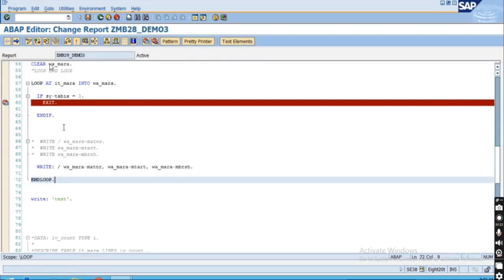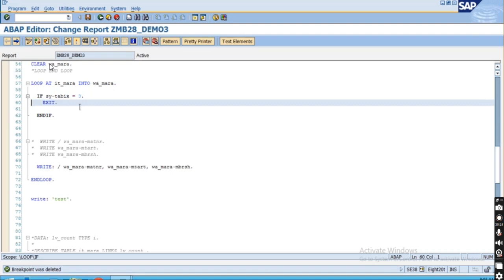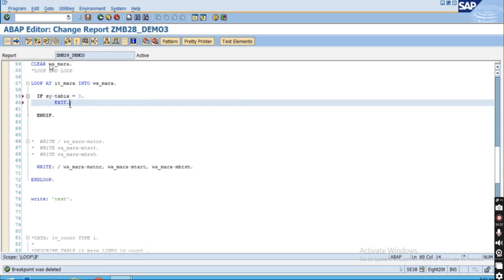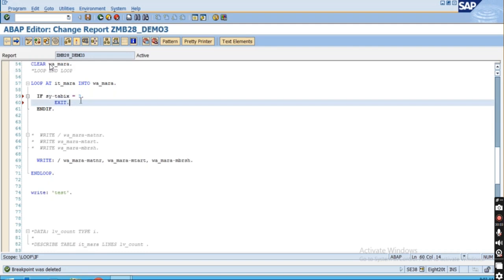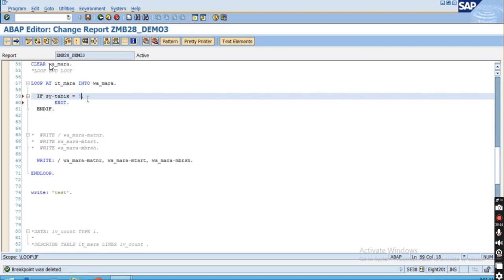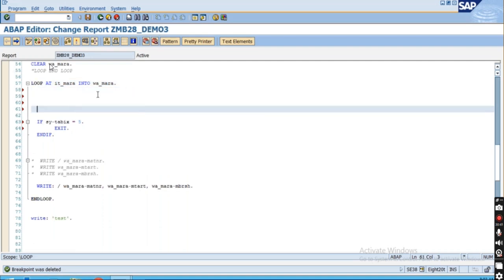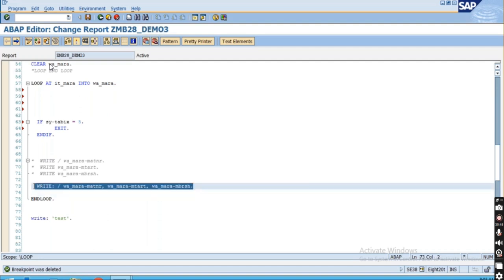Now, suppose this 3 is there, right? So after this 3, when 3 is going to come, let's suppose for 5, I want to get EXIT, okay? But my requirement is something like that. For record number 3, suppose you have written some logic over here, right? For example, this logic, this printing,